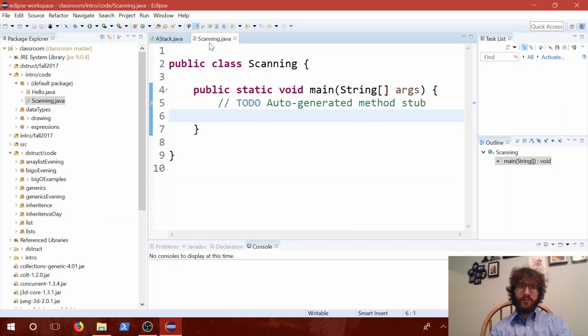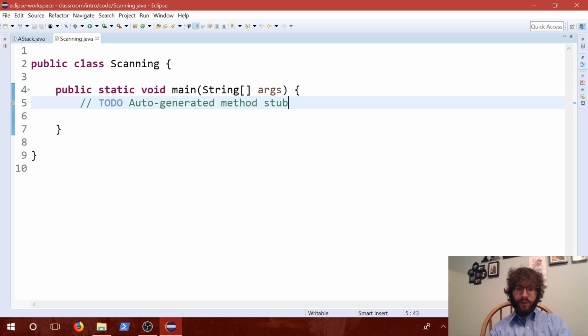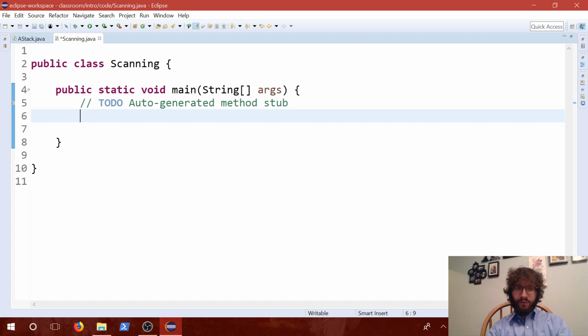I'm making a short video on how to use Scanner so that this hopefully clarifies some questions you might have for your homework. All right, so to create a scanner object,